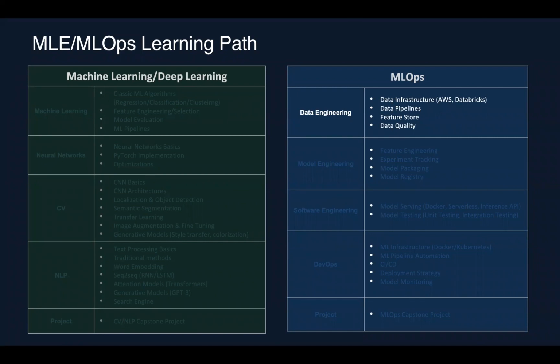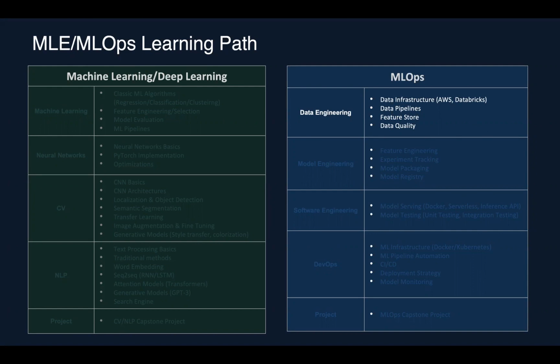When it comes to MLOps, we break it down into 4 different categories. So there's data engineering, model engineering, software engineering, and DevOps, right? On the data engineering front, you need to learn a little bit about data infrastructure. AWS is infrastructure for the cloud, but you need to understand the data infrastructure piece. If you want to collect data, you probably want to run that on an AWS EC2 instance, so you need to know how to launch a virtual instance in the cloud. Or if you're doing big data processing, then the Databricks and Apache Spark framework is something you need to know.